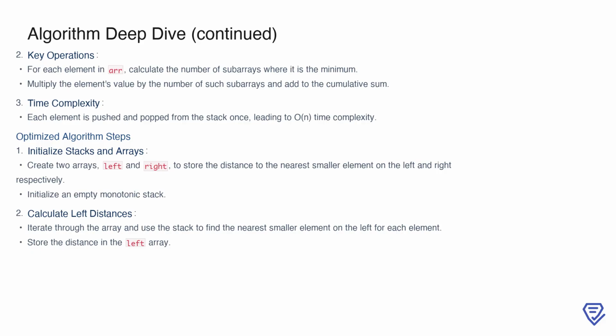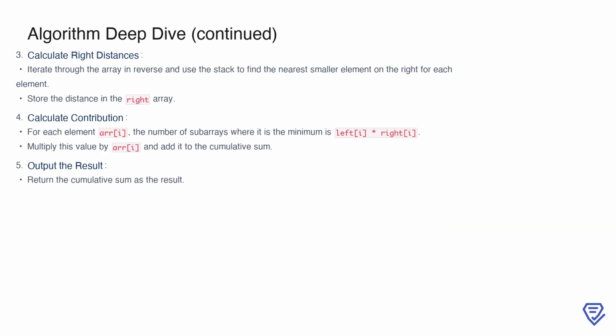in the left array. Next, we calculate the right distances by iterating through the array in reverse. Using the monotonic stack, we find the nearest smaller element on the right for each element and store the distance in the right array. Once we have both the left and right distances, we calculate each element's contribution to the